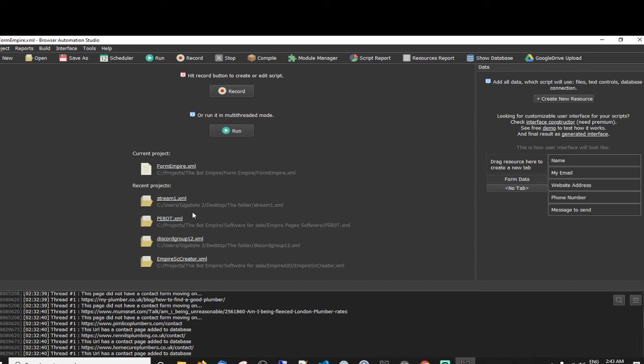Okay, so what do we want to do now? We've got our URLs. Should I have it so it goes and checks? I think it's going to be optional, so I'm going to have it as an optional module. For the form data, we need, obviously, this has no name.